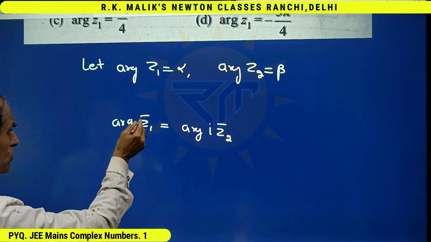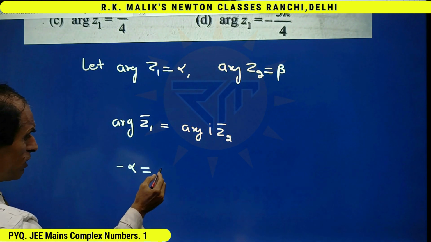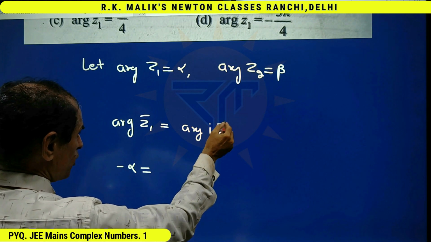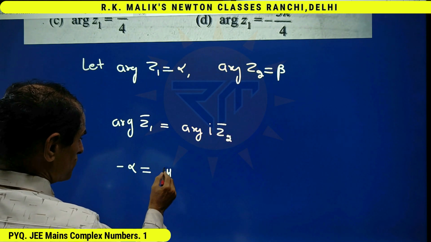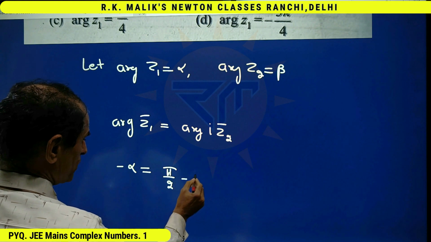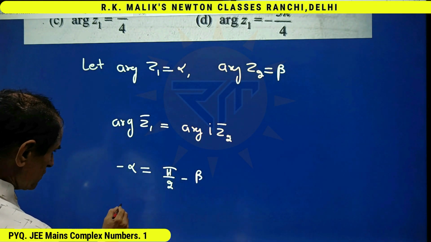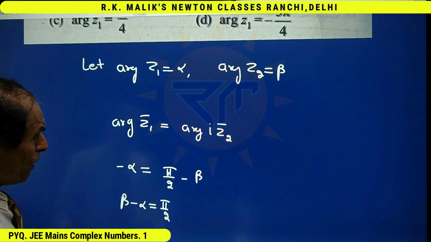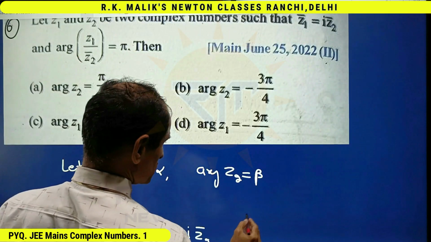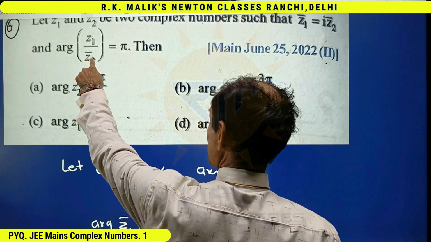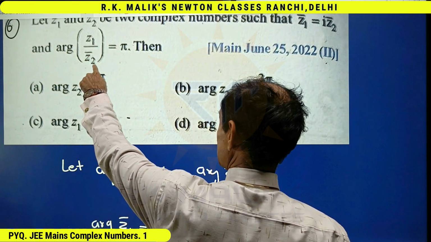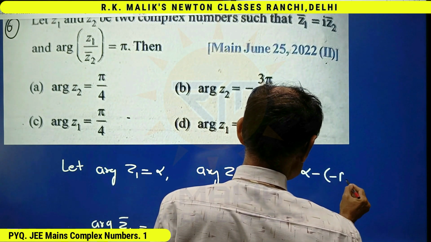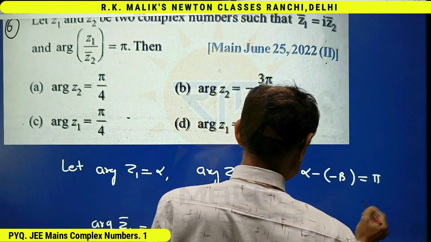Therefore, this becomes minus alpha equal to argument of I plus argument of minus Z2 bar, that is pi by 2 minus beta, that is beta minus alpha is pi by 2, and this means argument of Z1 minus argument of Z2 bar, that is alpha minus beta is